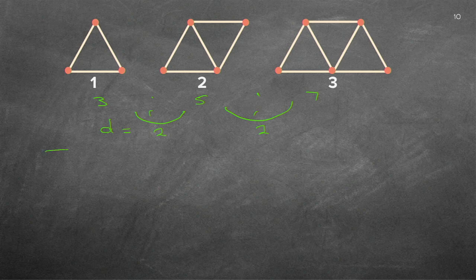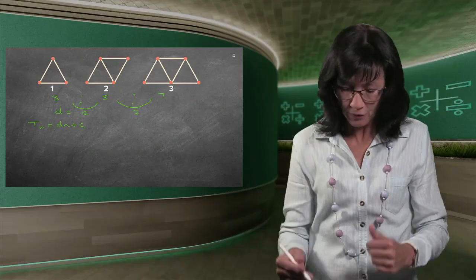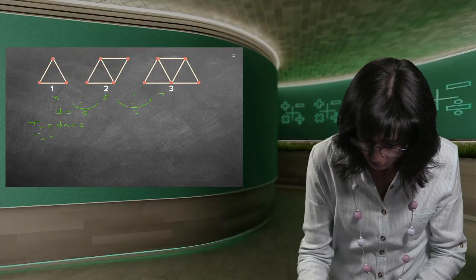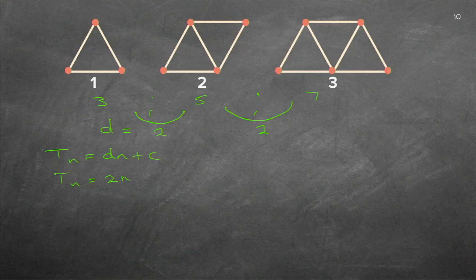So I'm going to write down, let's just get the formula first. Tn is dn plus c. You remember? We first fill in our d, which we found now to be 2. And then just here on the right-hand side, I'm going to check. If I've got T1, it's going to be 2 times 1. Let's just check. Is T1 2? No, it's not 2. It's 3. So what do I short? I short 1. So if I add 1 there, I must add 1 there, and that's how I get c. Or you can write it out formally, like I did in the previous one, and you'll also find c to be 1. So there's my formula.